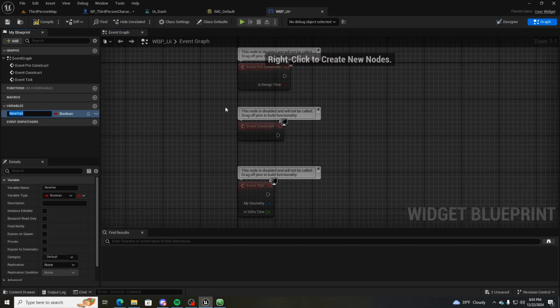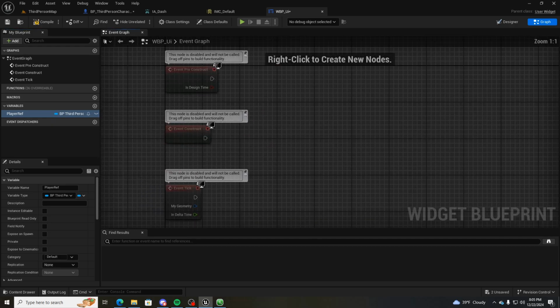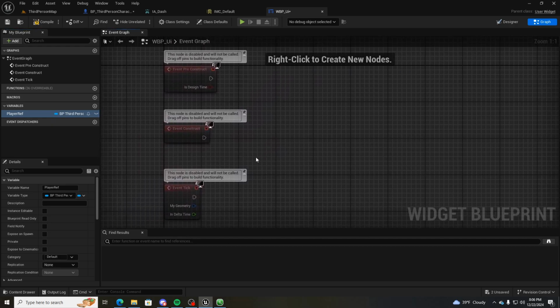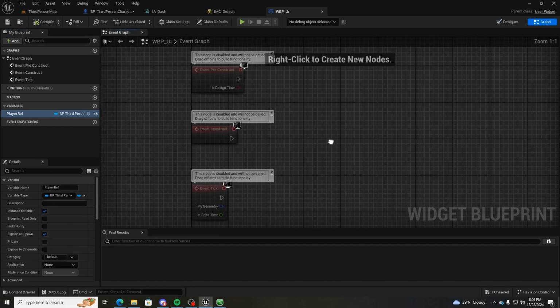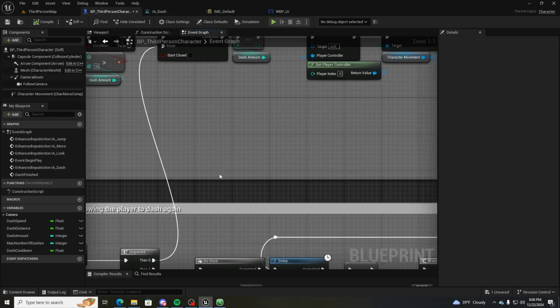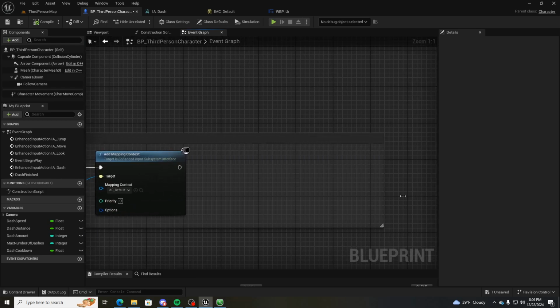We're going to go to variables, call it player ref, and make this of type BP underscore whatever your player name is. In my case, it's BP underscore third person character. Then I'm going to put this eyeball to be open, which will make it instance editable. And then I want to expose this on spawn. Compile it and save. Then inside BP underscore third person character, on event begin play, after I do all this stuff that's already in the template,